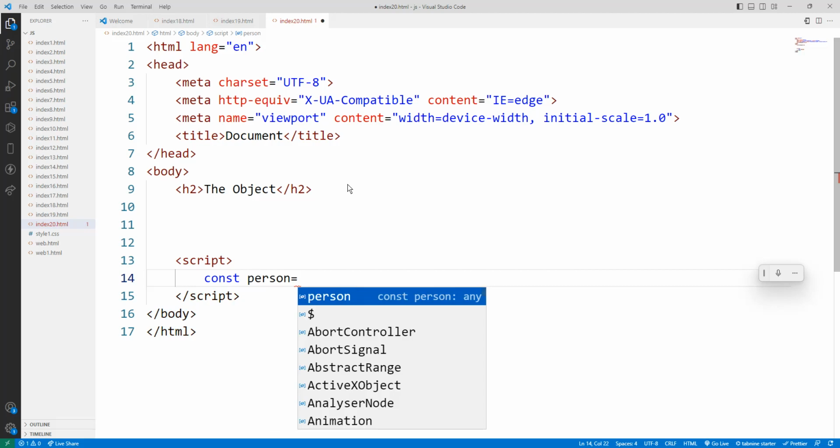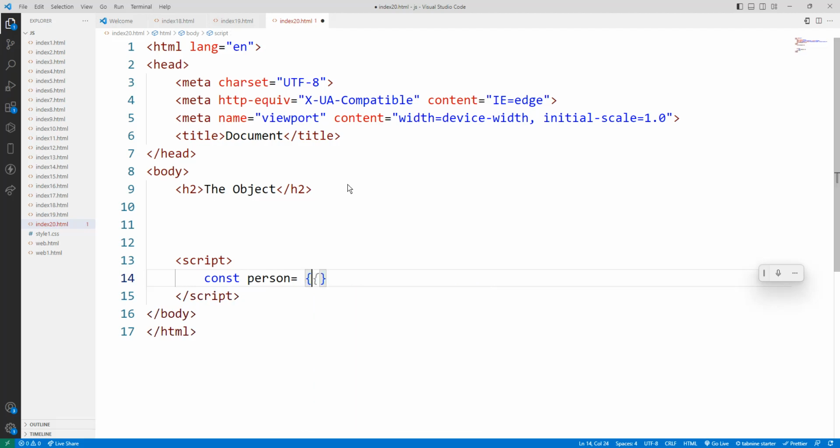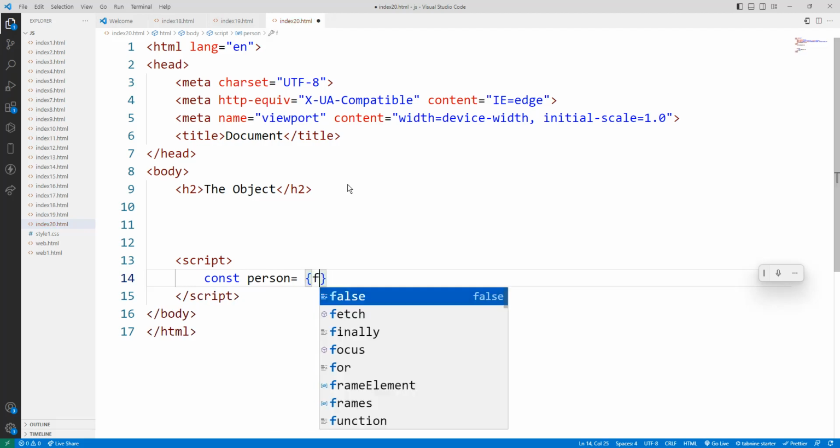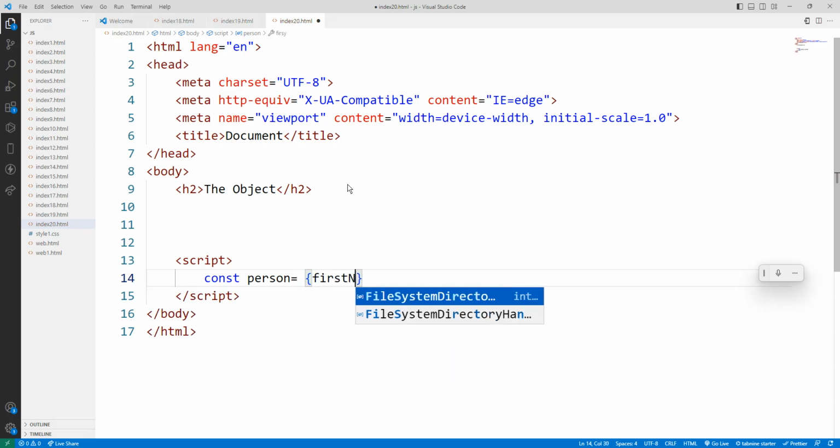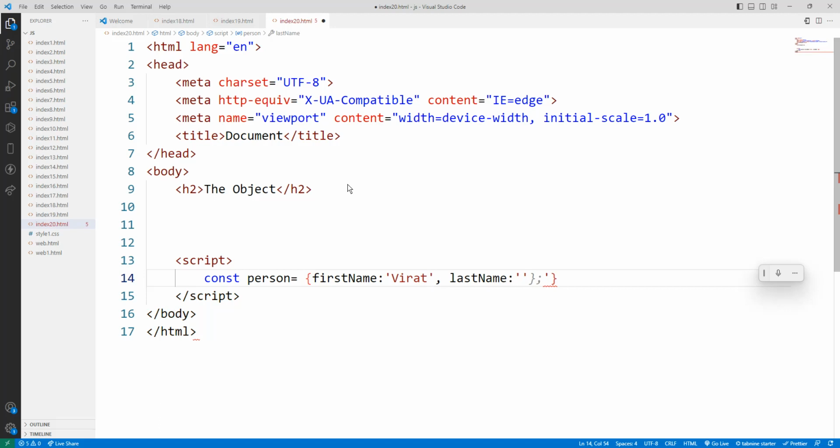person equals to bracket, first name, Virat, last name, Kohli, first name, last name, something email virat at